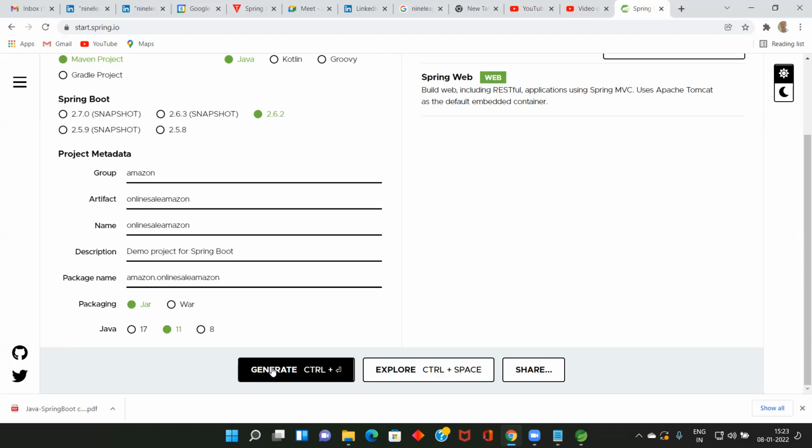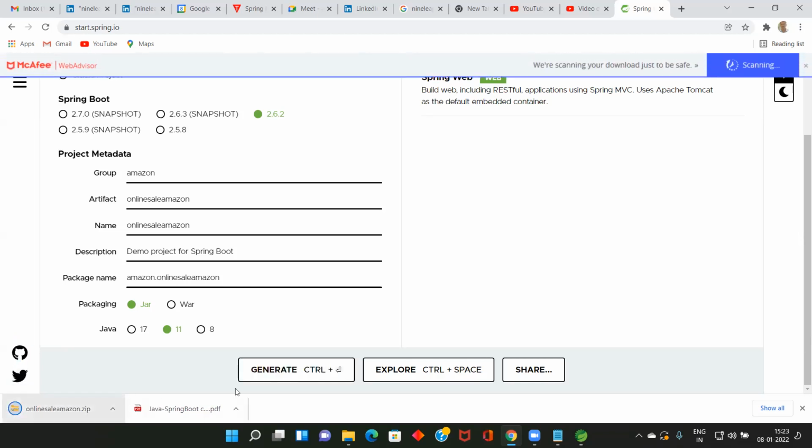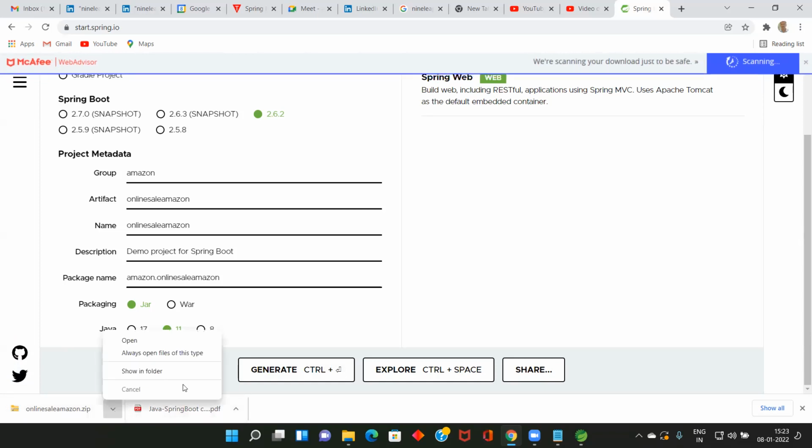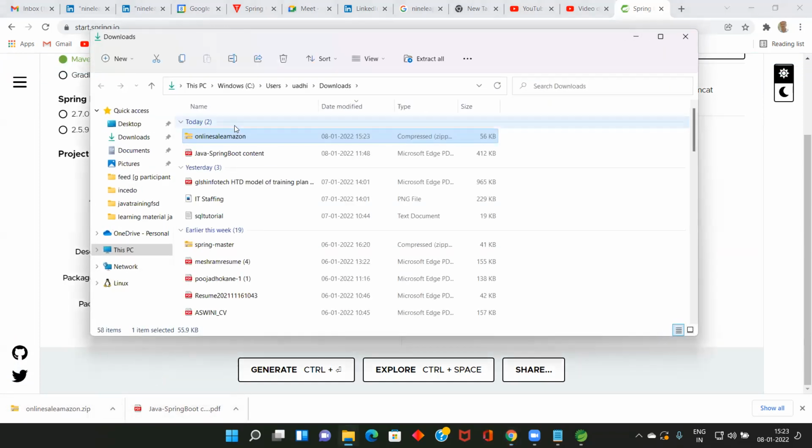So can you all click generate? See here, it got downloaded. Can you go to show in folder? Yeah.